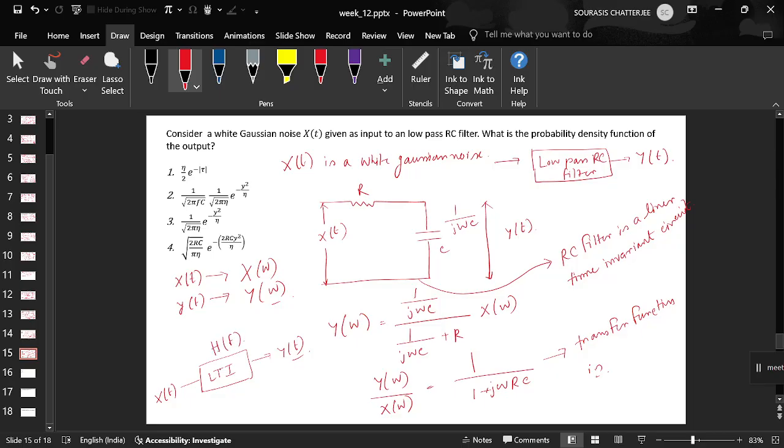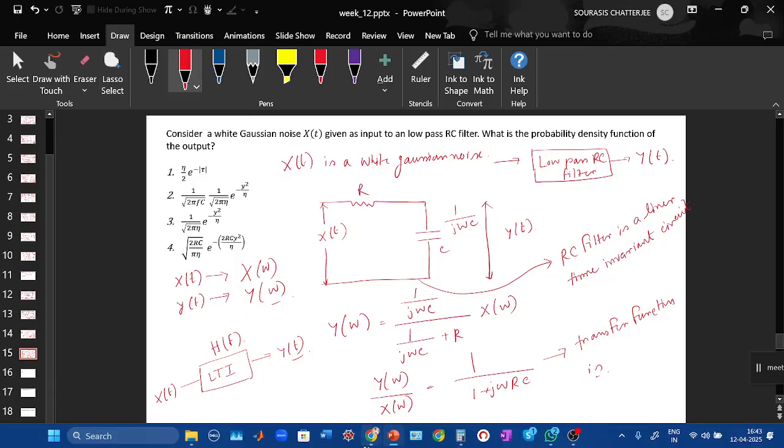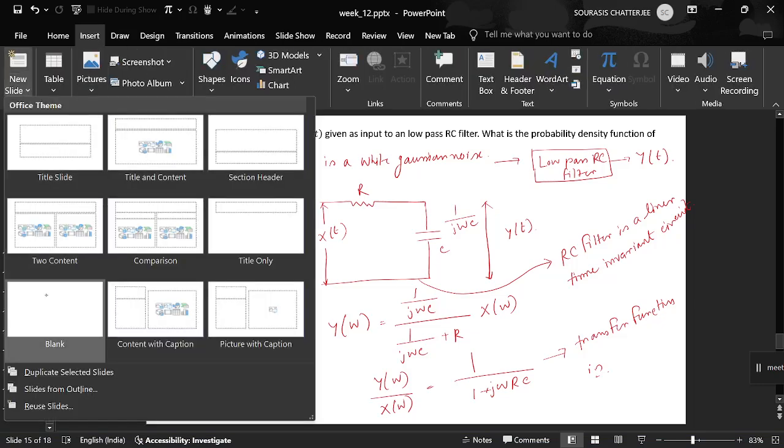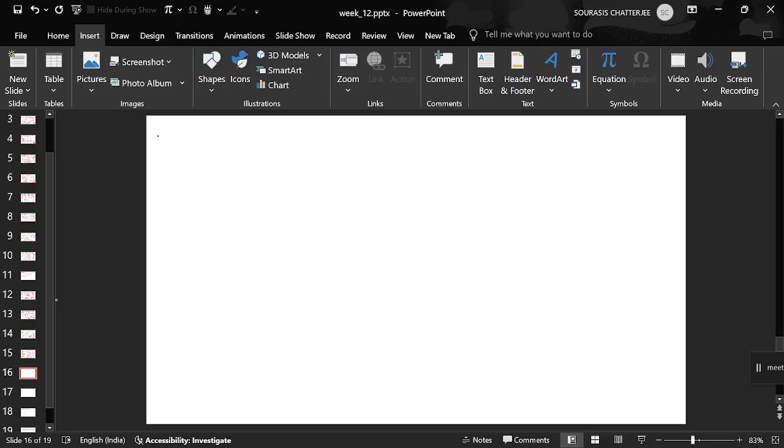And we have already seen in one of the previous questions in detail that when you pass a signal, white Gaussian noise, through an LTI system, the output is also white stationary. Not only that, it's also Gaussian, and most importantly it has a power spectral density, that is Sy of f, given as